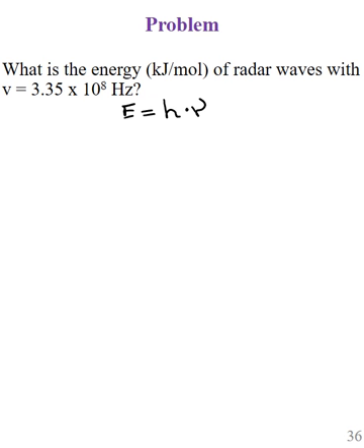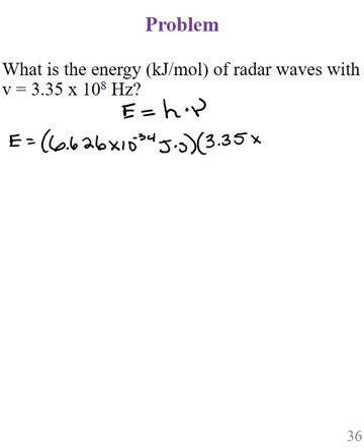Okay, so we have Planck's constant, which is a constant, right? 6.626 times 10 to the negative 34 joules times seconds. Okay, and then we have to plug in our frequency. Now,